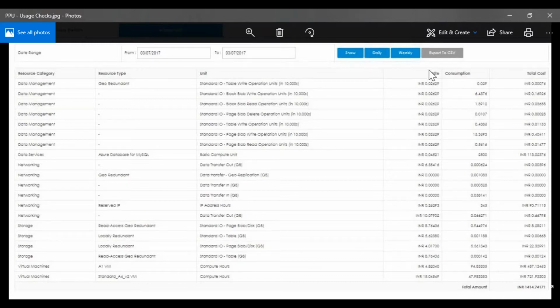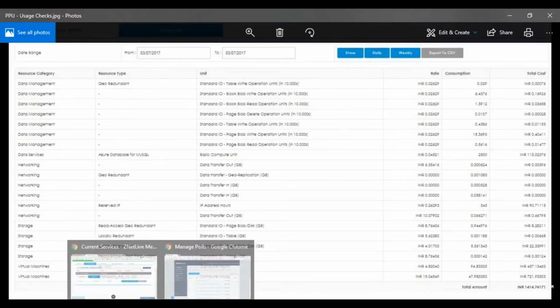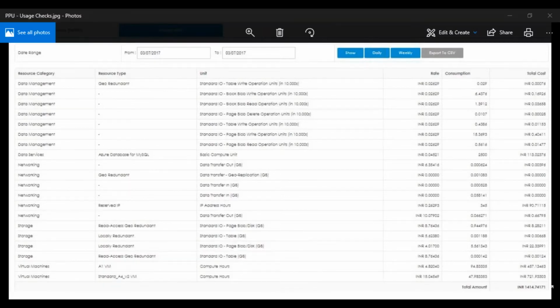And you will be asking the question, hey, what is this rate option? Can I set my rates in here on top of the Microsoft cost price? Yes, the answer is yes. So Microsoft gives you every SKU, for example, let's say in $1, right? For example, the compute hours is $1 per hour. So what RackNap is able to do is give you the flexibility to be able to set margins on top of that $1.